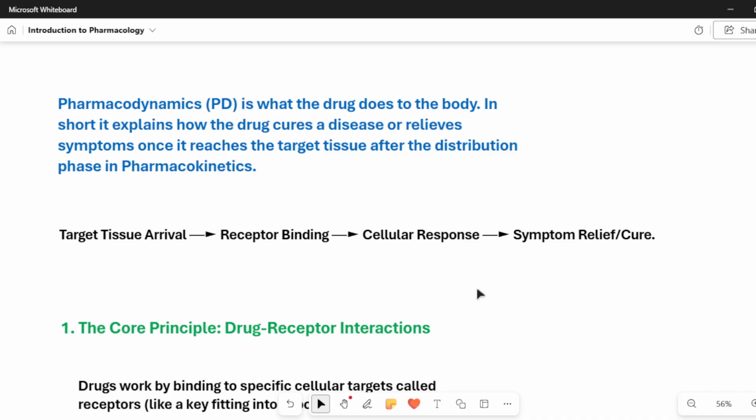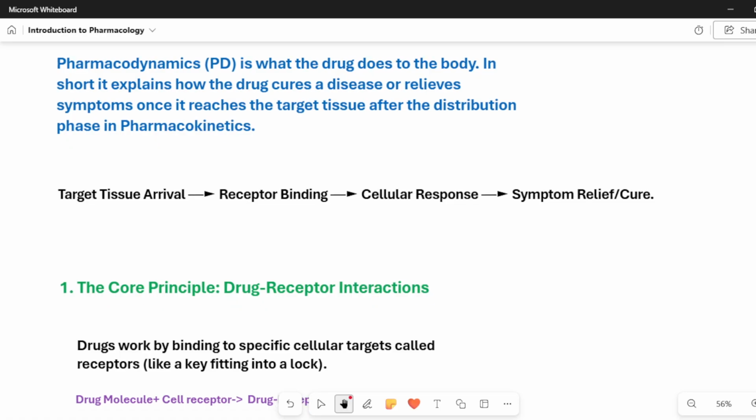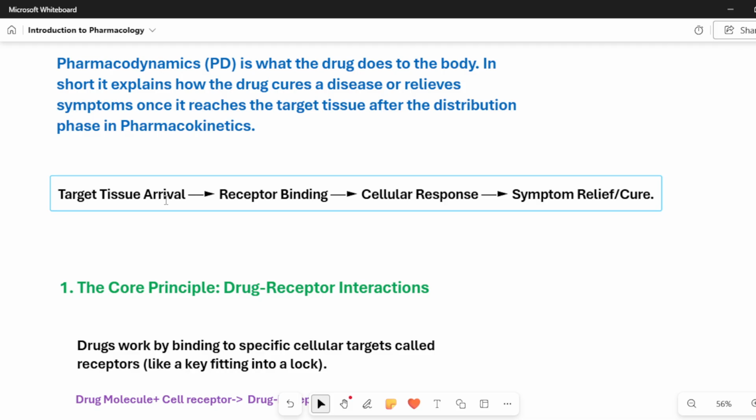Whenever a drug has to do something inside our body, it always has to have something to bind to, something it can attach to. That is your receptor binding. So target tissue arrival, whichever tissue is having the issue, it will arrive there.